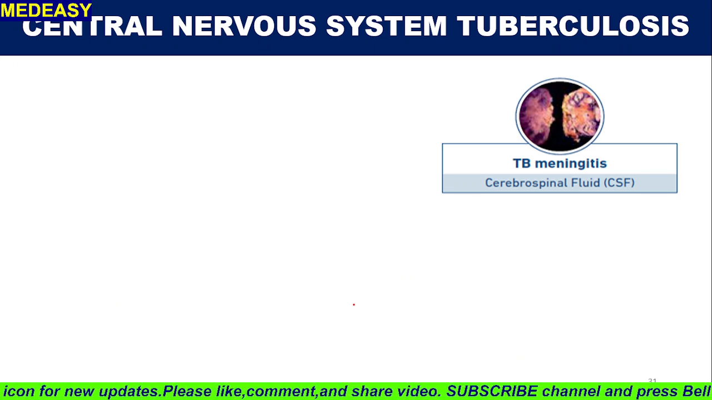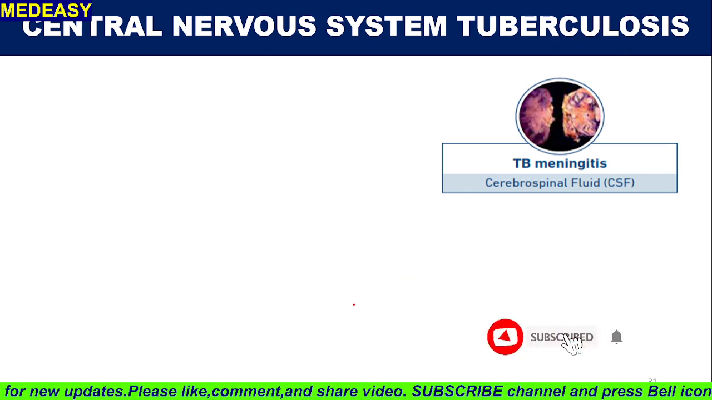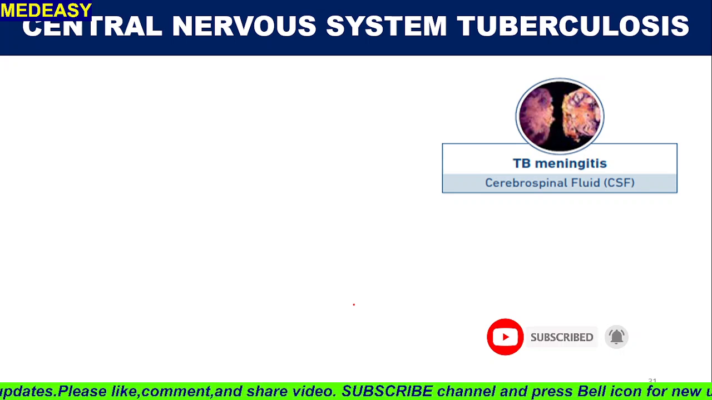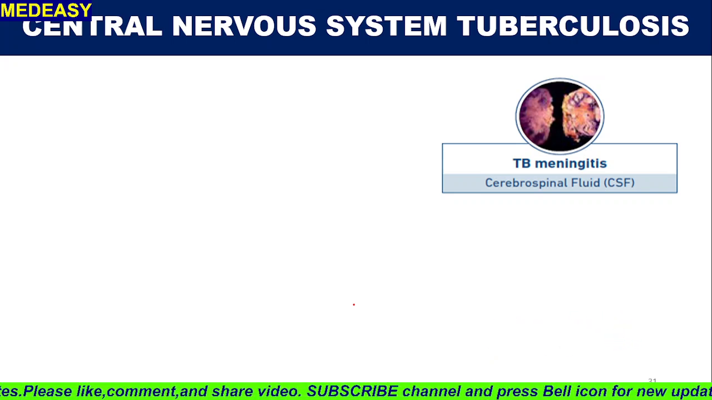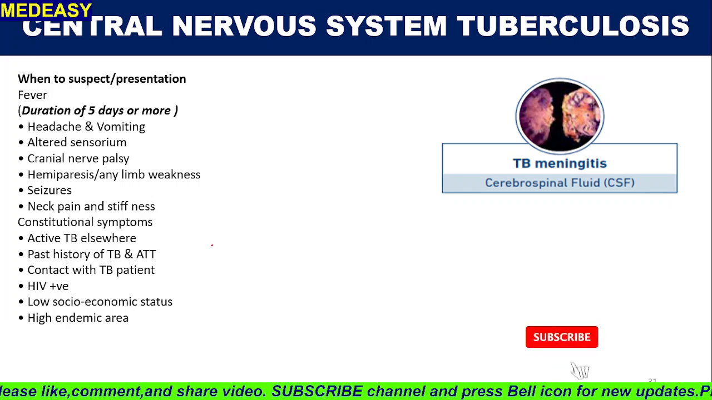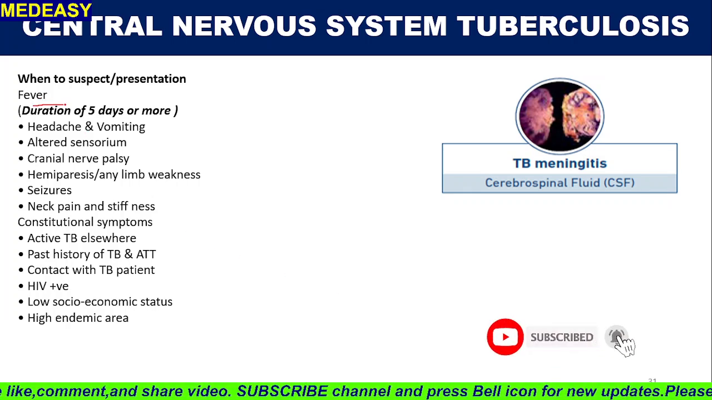Now coming to central nervous system tuberculosis, that is a very important part. Most of the time we get it in our clinical scenario in the ward also. TB meningitis is a very common presentation we see. So when to suspect, the presentation is, we can see fever is one presentation,